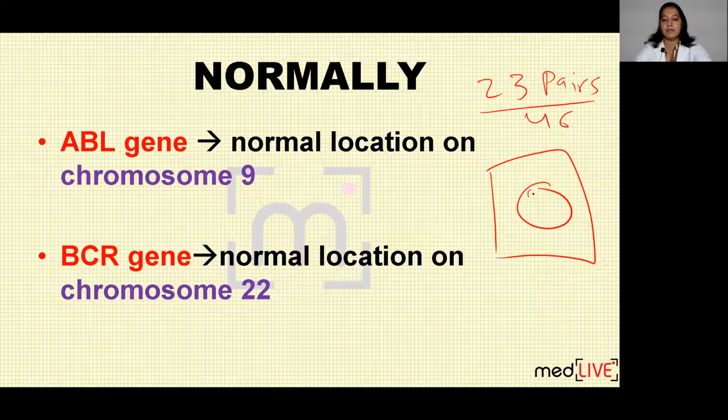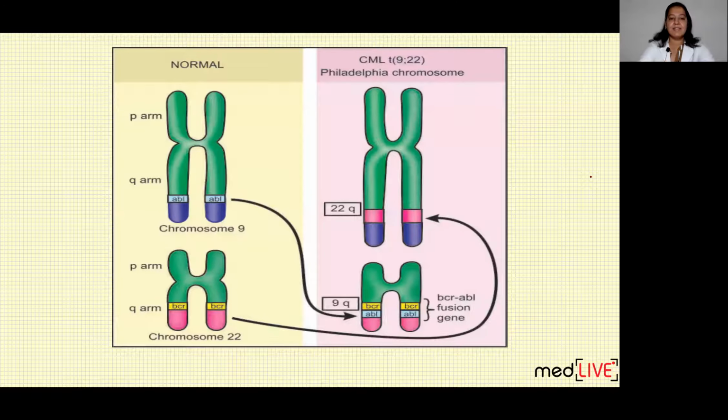In the nucleus, this is the first pair, this is the second pair, this is the third pair. Likewise, there are 23 pairs. In each pair, one chromosome is from the mother and one is from the father, one from the sperm, one from the ova. So a total of 23 chromosomes from the mother and 23 from the father, making 46 chromosomes in each human cell. We know it, correct?